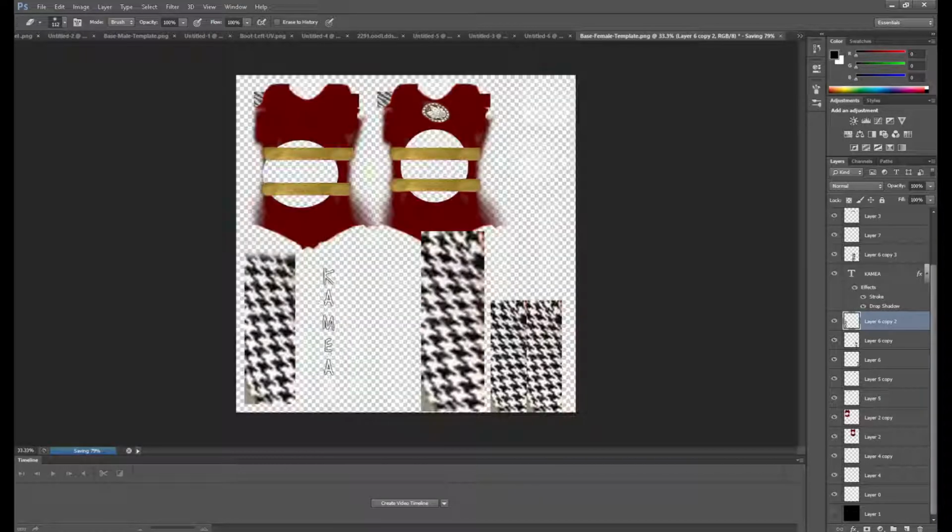I forgot to turn this stuff off. So, at least we didn't import this yet. Yeah, it was the wrong side, so